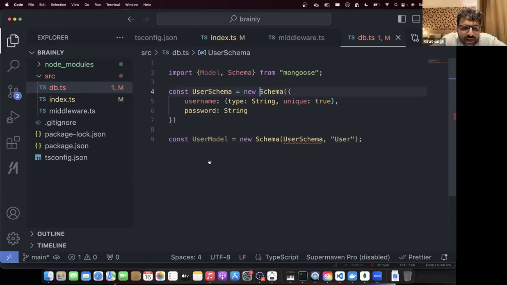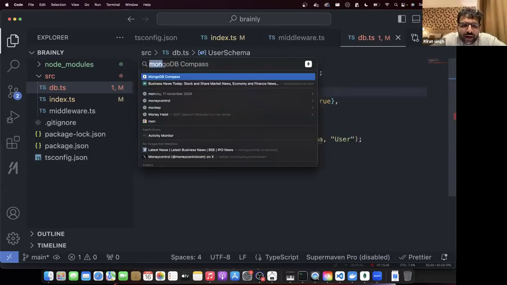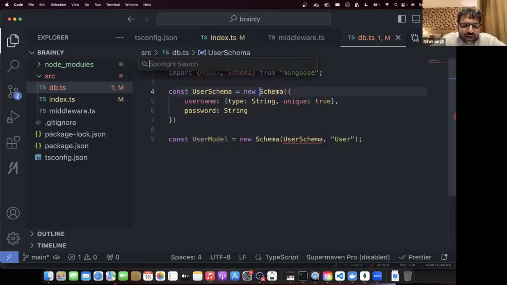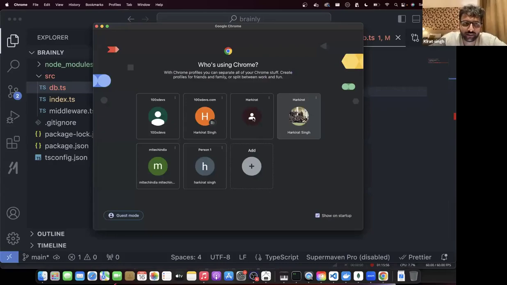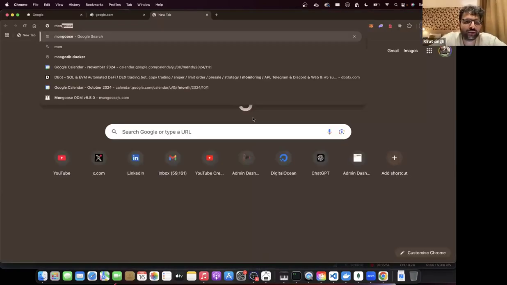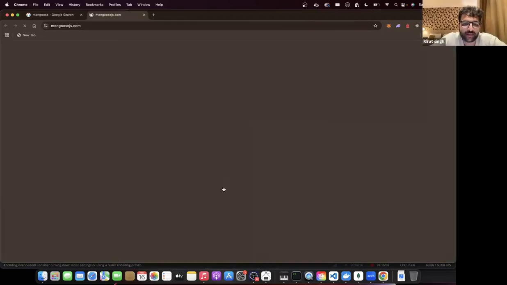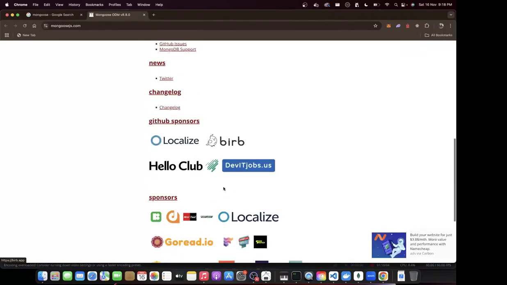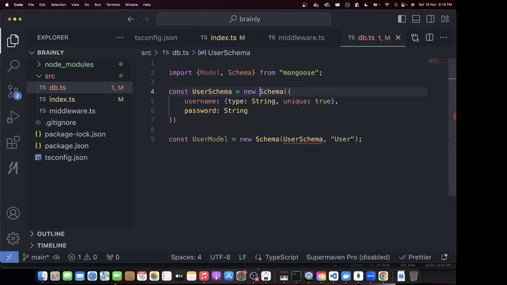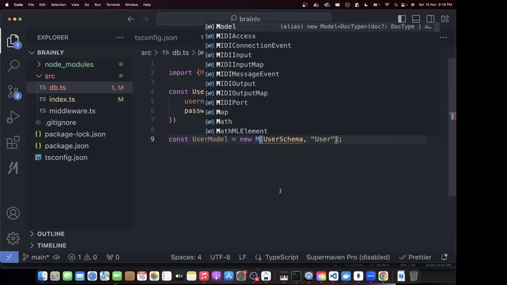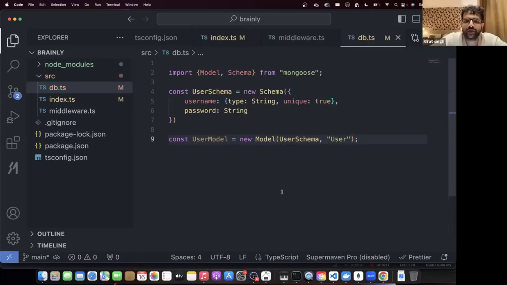Looking at the docs, I can't open Brave. It'll make my machine go slower. Looking at the docs one more time. I'm sure you guys already know how to write schemas and models. I just need to recap it for myself also. Line number 9. Line number 9. यहाँ पे? New model. Thank you. Just a model. There we go. Cool. Thank you, sir.